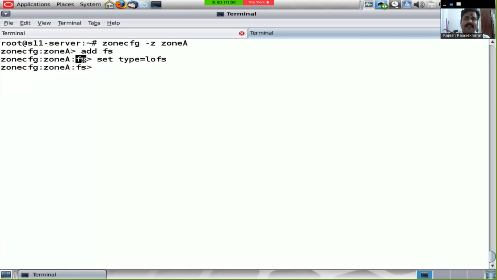Then you can see the scope of my zonecfg command has now changed. It's inside the file system scope. I'm setting a property of that file system, which happens to be type. I would say set special is equal to the directory in the global zone that I would like to share with the non-global zone. You would remember it to be bundles. That's the directory from the global zone you want to share with the non-global zone. The next attribute obviously is where do you want this specific directory to be available in the non-global zone. That is determined by